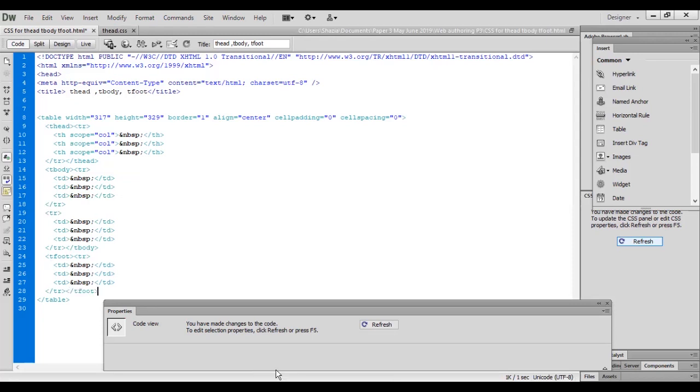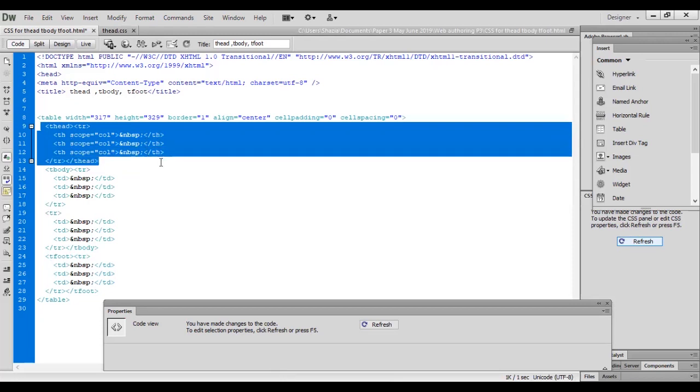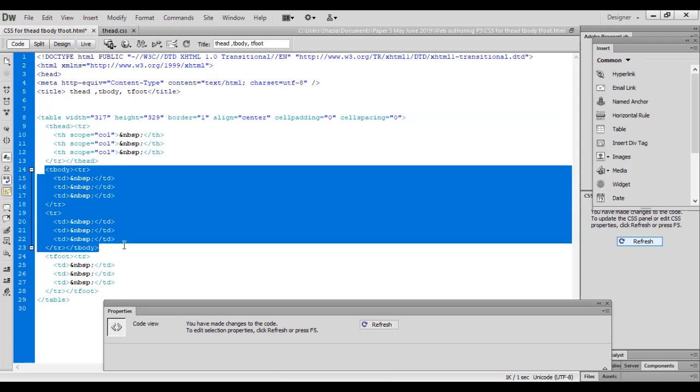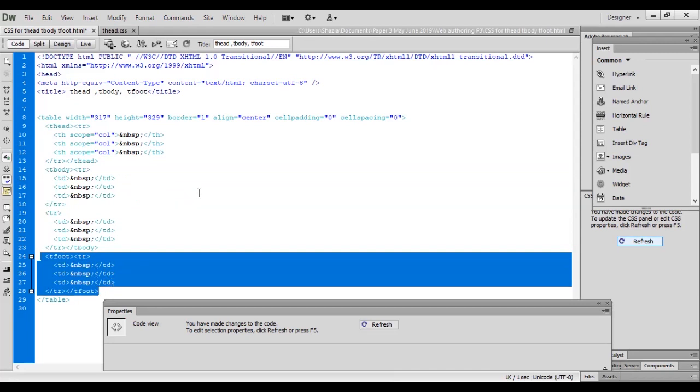Let's have a double check. I set the first row with the 3 columns as T head. I defined the second and third rows for T body, and I defined the last row for T foot.